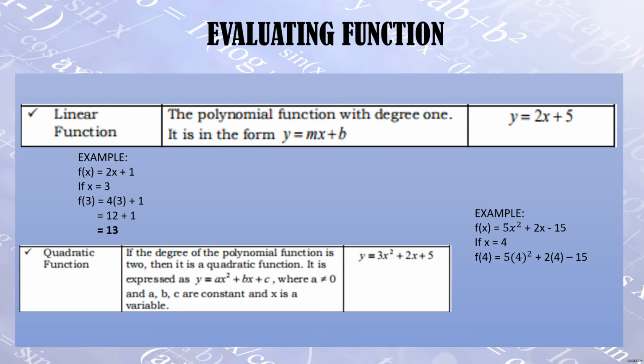Ulitin ko, ang 4 squared, hindi ibig sabihin yan 4 times 2. Ang ibig sabihin yan is, si 4, dalawang beses imumultiply sa sarili. Kaya naman, we have this one. 5 times 16 plus, pwede na nating evaluate, si 2 times 4, since wala namang exponent yung ating 4